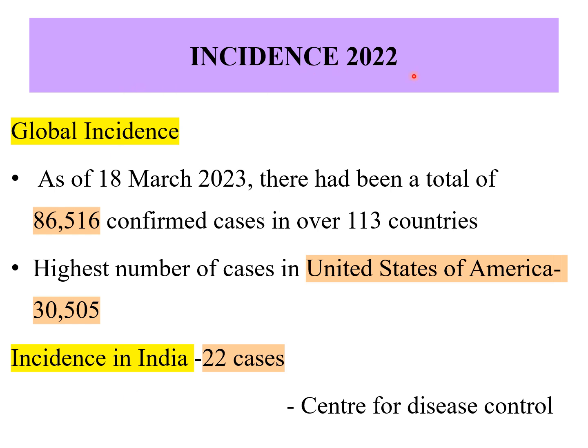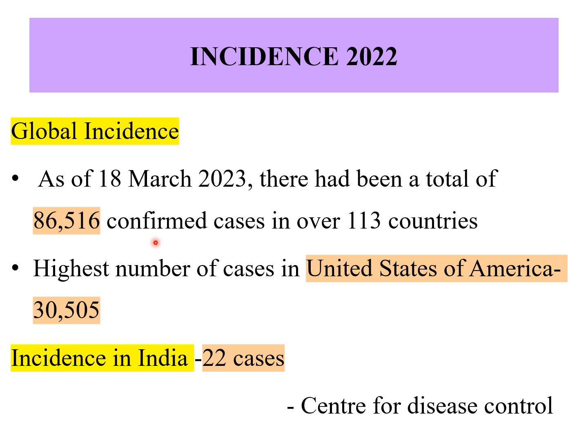Incidence in 2022. First, we will see the global incidence, that is worldwide incidence. As of 18th March 2023, there had been a total of 86,516 confirmed cases in over 113 countries. So in 113 countries, we saw these monkeypox cases, and the total confirmed cases in the whole world as of 18th March 2023 are